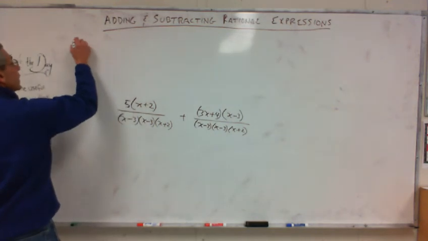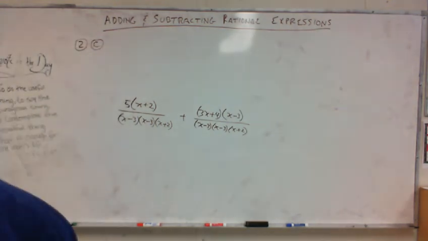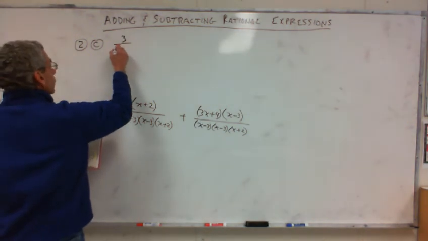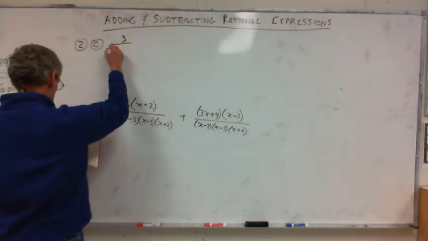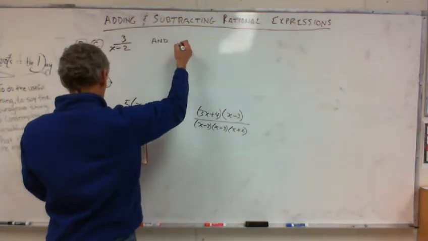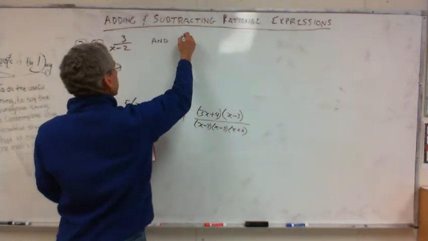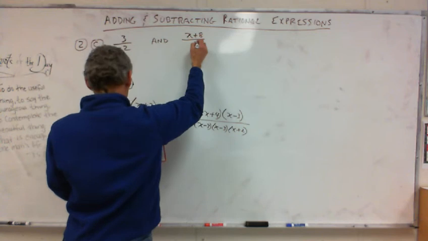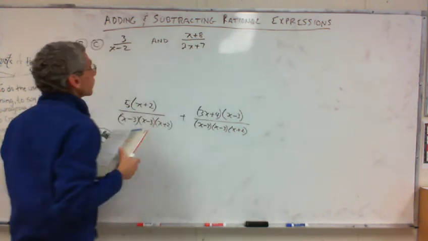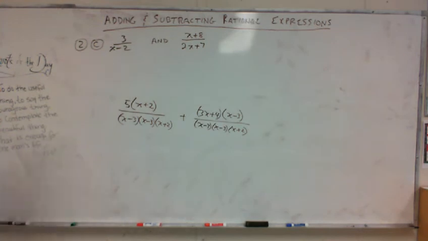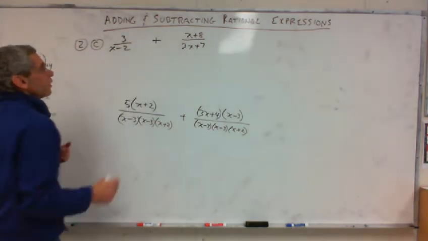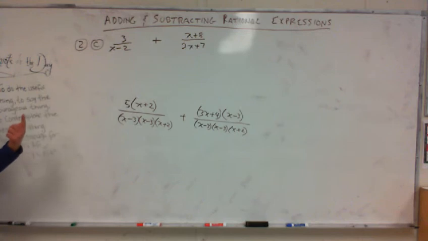So this is 2c, the last one. It is 3 over x minus 2, and x plus 8 over 2x plus 7. All right? Instead of "and," I'll just put a plus. So if I was going to add these,